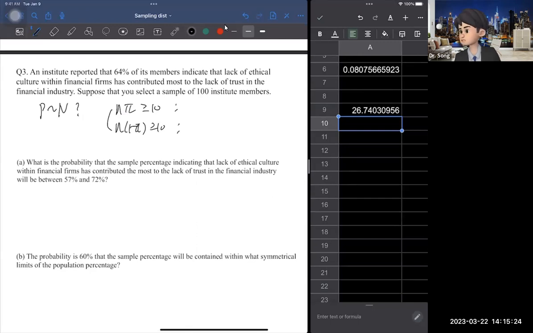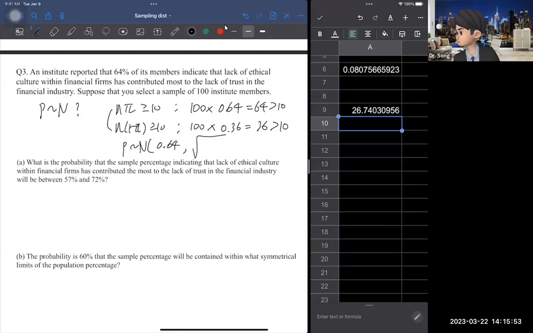Then we can say that this P follows normal distribution. So N is 100, and the population proportion is known as 0.64. Now, of course, 64 is greater than 10, right? So the first condition is satisfied. The second one is 100 times 1 minus 0.64, that's 0.36, that's 36, which is greater than 10. Then I can say P follows normal distribution, and the mean equals 0.64, and then the standard deviation, the formula is a square root